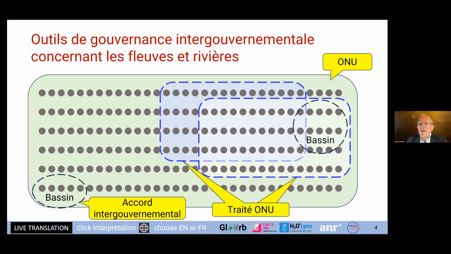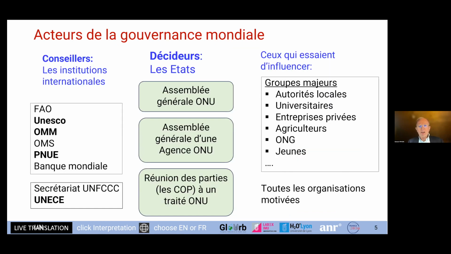So there are international treaties that are specific to a hydrographic basin or a part of a hydrographic basin, and they're shown on the diagram by ovals. So I've just included two, but in fact there are a lot more than that. Now at global level, let's talk at global level and United Nations level especially.